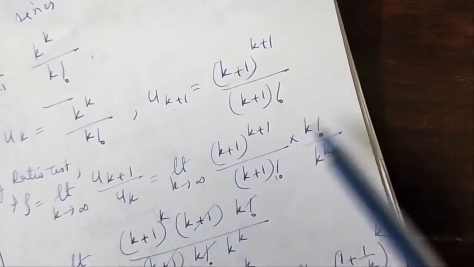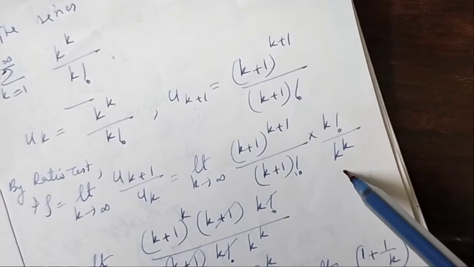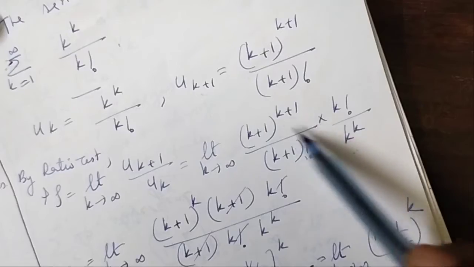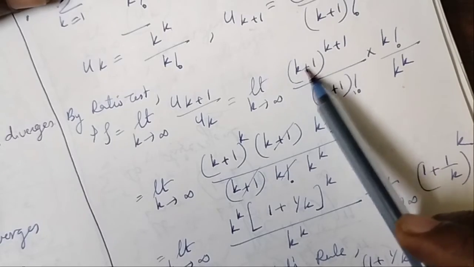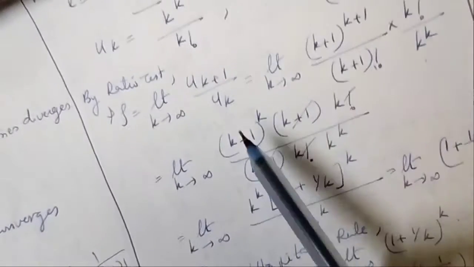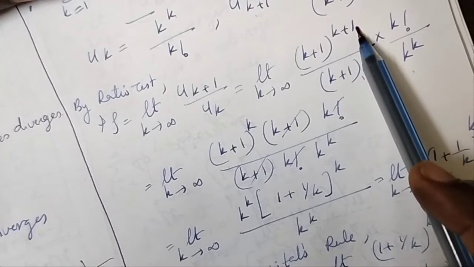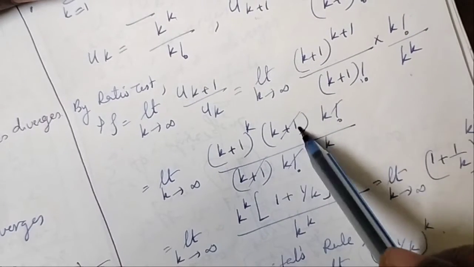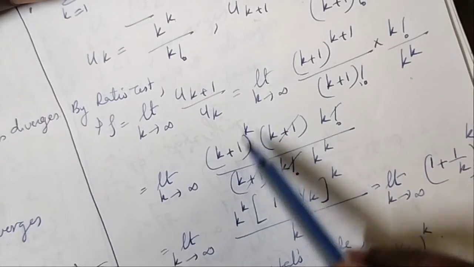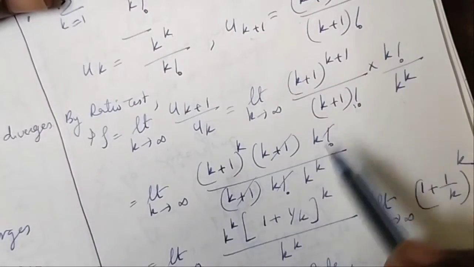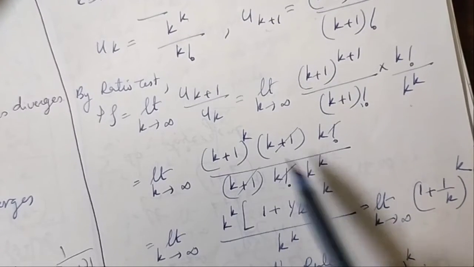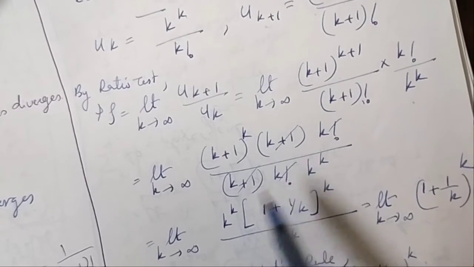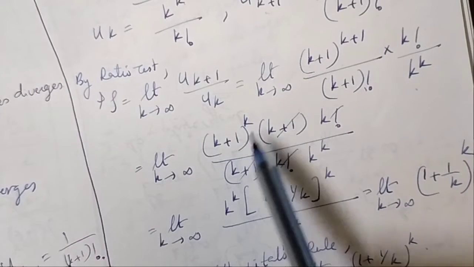So into its reciprocal, തിരിച്ചിടുക, k factorial by k raised to k. So here we have to simplify or modify this one by taking the maximum power of k as common outside. Okay. So this k plus 1 the whole raised to k plus 1 is k plus 1 the whole raised to k into k plus 1 raised to 1. a raised to m plus n is a raised to m into a raised to n, like that. k factorial by, what is k plus 1 factorial? It is k plus 1 into k factorial, that into k raised to k. So k plus 1 cancels and k factorial also cancels. Okay. So the remaining is k plus 1 the whole raised to k.